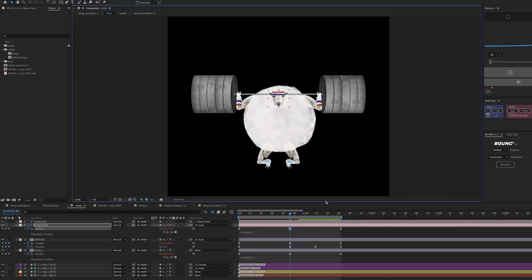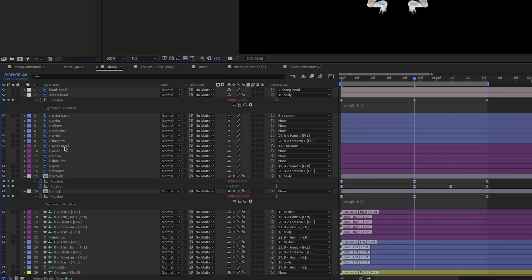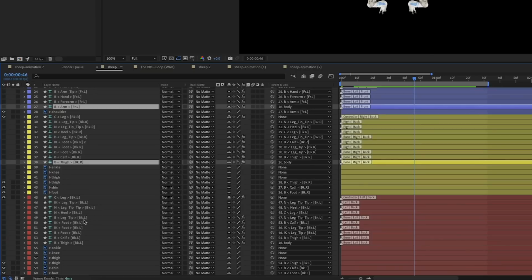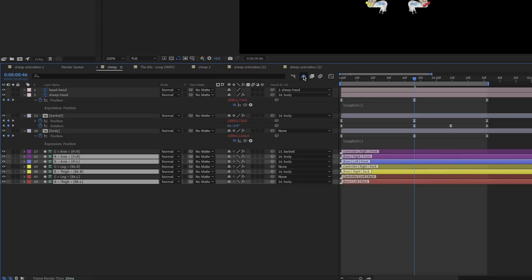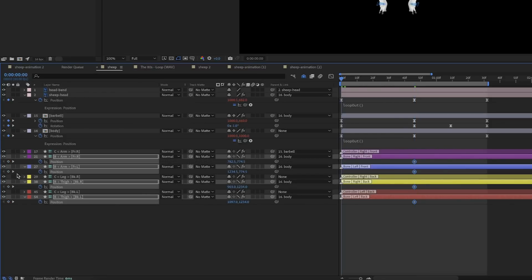And in fact, I think what we're going to do here is unshy some of these layers and get these arms back so we can add some movement to those. So we're going to find those here. We've got the arm, and let's do the same for the thighs as well. So let's make those visible, unshy them. And we're going to do the same thing. We're going to add a position keyframe here, here,